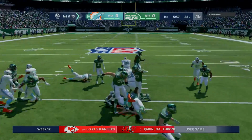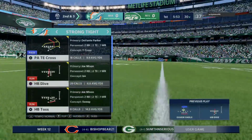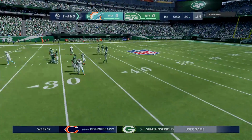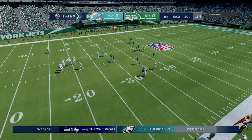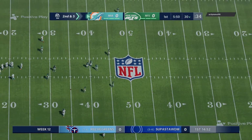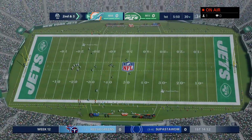Carry for the former Oklahoma Sooner, Joe Mixon. And this will be a gain of 5 as he gets it to the 30. 5 yards on the game's first play, second down. That's a really nice, tough run inside, and they gained 5 yards on it. And to be frank about it, most offenses don't expect to get 5 yards on a play call like that. So when they do,